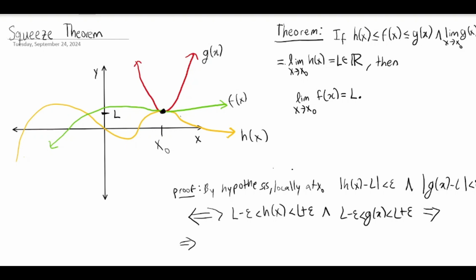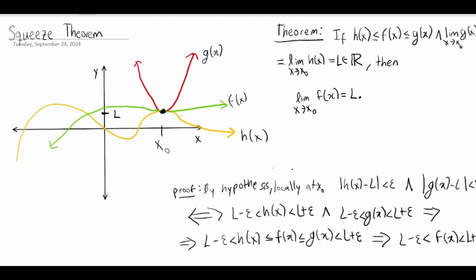Well, it implies that we're going to be looking at L minus epsilon, which is less than h of x. This h of x less than or equal to f of x, which is less than or equal to g of x, which is less than L plus epsilon. So notice how the squeezing of f between h and g also puts the squeezing on f's limit. So L minus epsilon is less than f of x, is less than L plus epsilon locally at x naught. So this is true locally